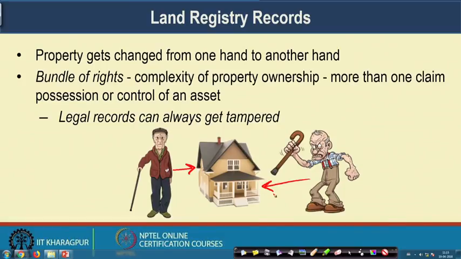But the problem with this land registry record is that whenever you keep the land registry record in paper format, it can always get tampered. Now, if the land registry record gets tampered, it becomes very difficult to prove who is the owner of that particular house. Or sometimes it may happen that multiple owners are there for a particular land, which is possibly coming based on